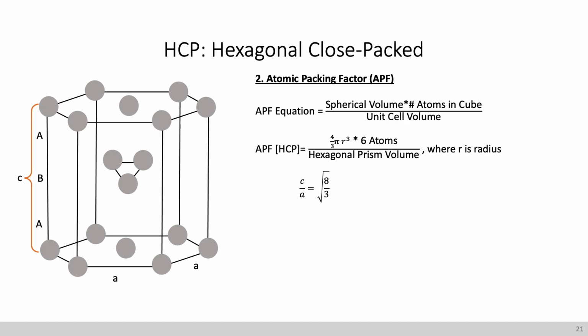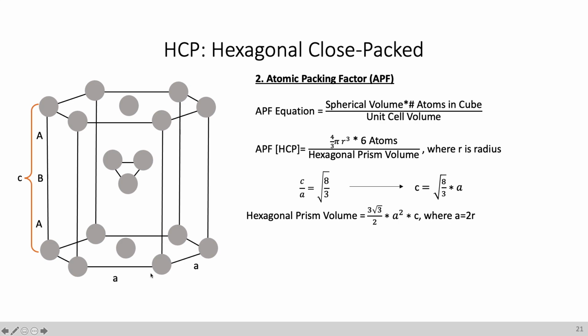We know C over A is equal to square root of 8 over 3, which can be solved as C is equal to square root of 8 over 3 times A. And then we know the hexagonal prism volume equation is 3 square root 3 over 2 times A squared, which is the side length, times C, which is our height of the prism, where A is equal to 2r, because in reality the spheres are touching each other, and so there are two radii making up this A